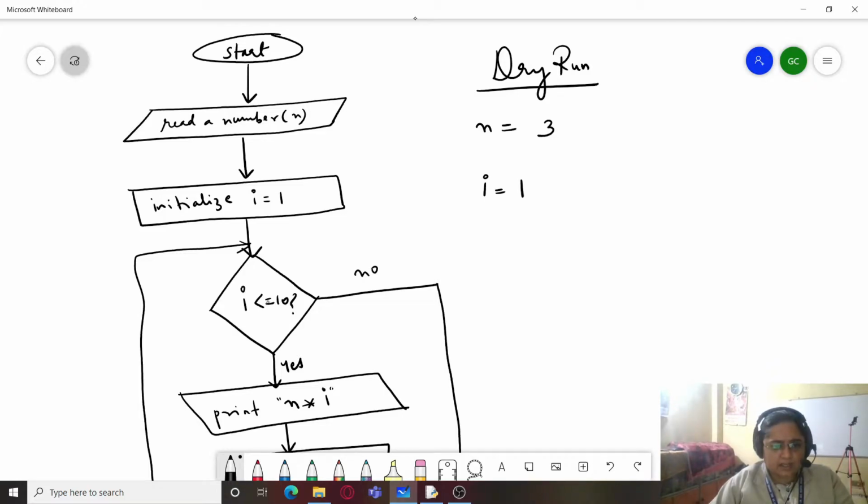I will have to actually check whether I is less than equal to 10 or not. So I is 1, it is less than equal to 10, yes, and so it will print n multiplied by I. So what is n multiplied by I? It is actually 3 multiplied by 1 which is equal to 3. So only 3 will be printed because this is the calculation part.